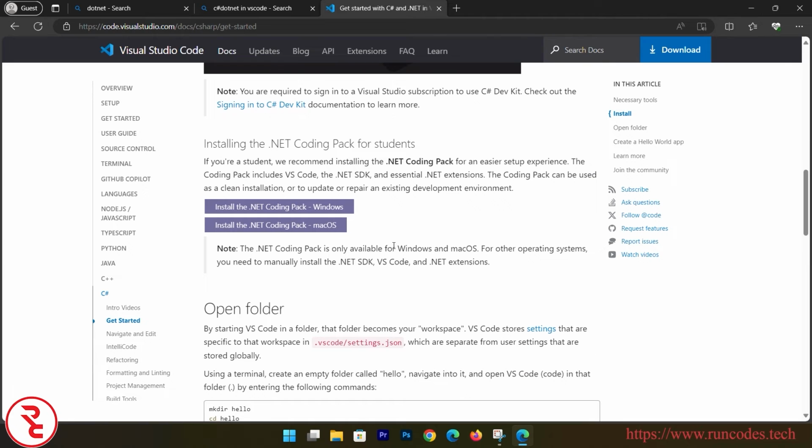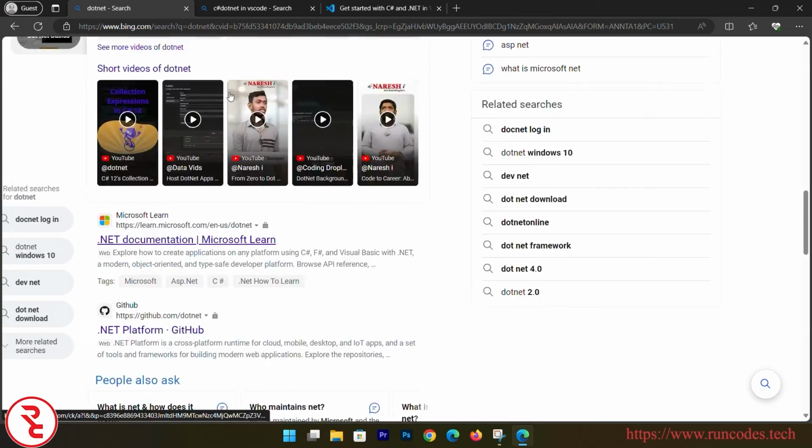And here also, if you scroll down, you can see Install .NET coding package for students. If you are a student, then you can directly install the .NET coding package for Windows and macOS. And after installing that, you don't need to do anything, because it clearly says here, if you are a student, we recommend installing the .NET coding package for an easier setup experience. But what we are going to do is install the .NET SDK,